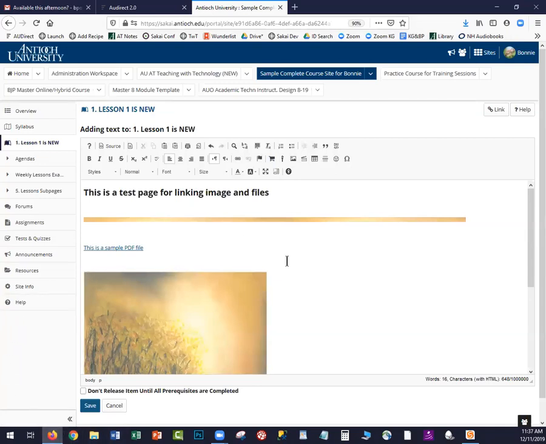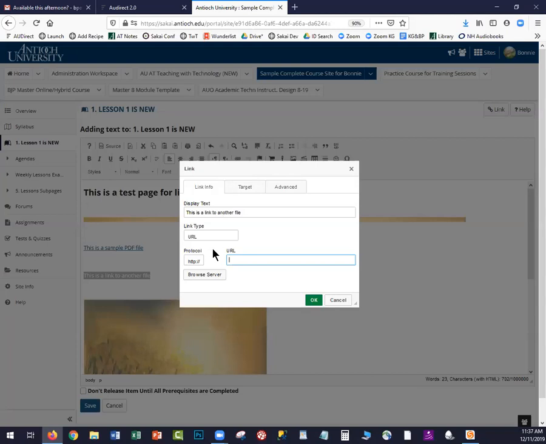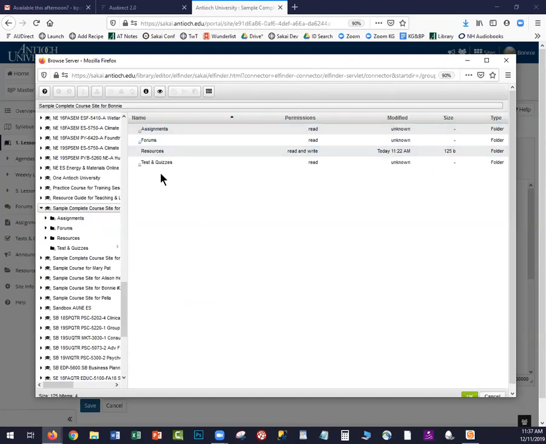Now, the same is true of a PDF if you haven't uploaded it before. This is a link to an, not the most helpful text, but we can fix that later. And you can browse the server. And if you haven't uploaded it to your server already and you just have it on your desktop,